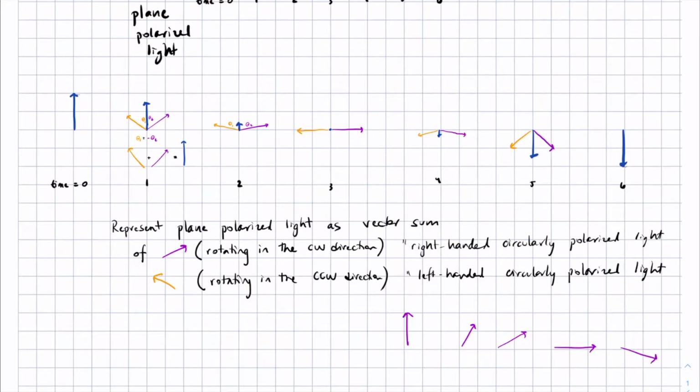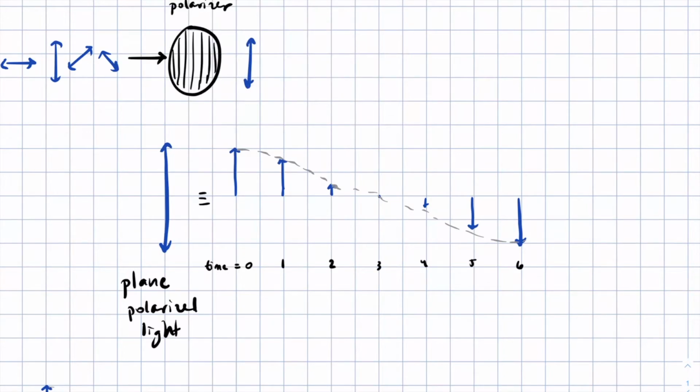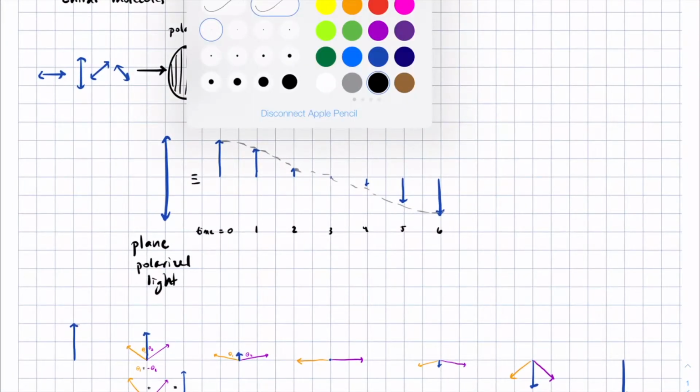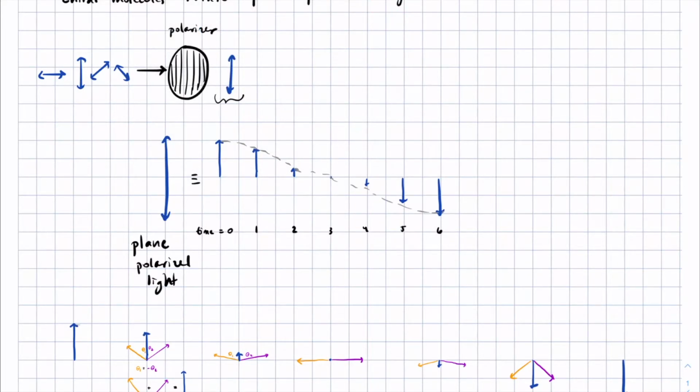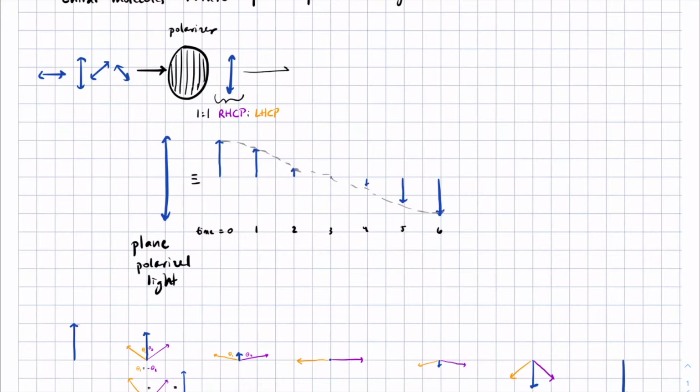They are mirror images of each other, and you might expect chiral molecules to interact with right-handed versus left-handed polarized light in different ways. So if a chiral molecule, for example, once we go through the first polarizer, going back here, we've got plane polarized light, which we have said is a one-to-one mixture of right-handed circularly polarized light to left-handed circularly polarized light. Now, if we allow that light to pass through a chiral sample,